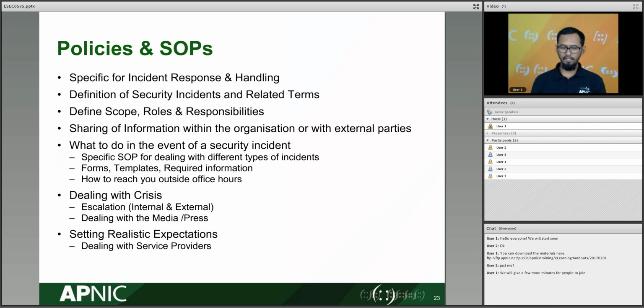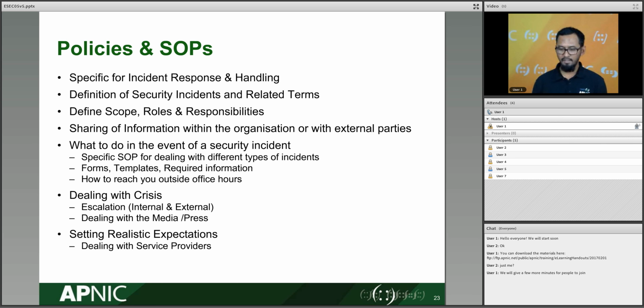We've spoken about the need to have policies and SOPs. So obviously, at the organizational level, there must be a high-level policy on how we deal with security incidents, right? So normally in this policy, it mentions things like, you must report any security incident, don't hide it, don't slip it under the carpet. You must investigate, right? You must